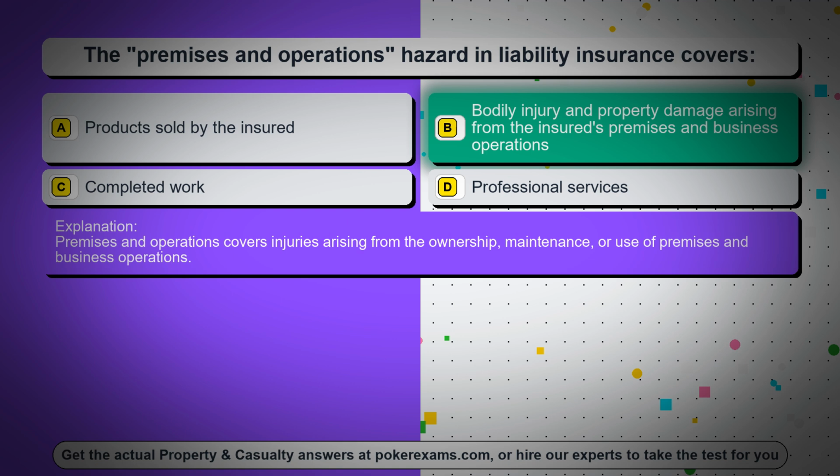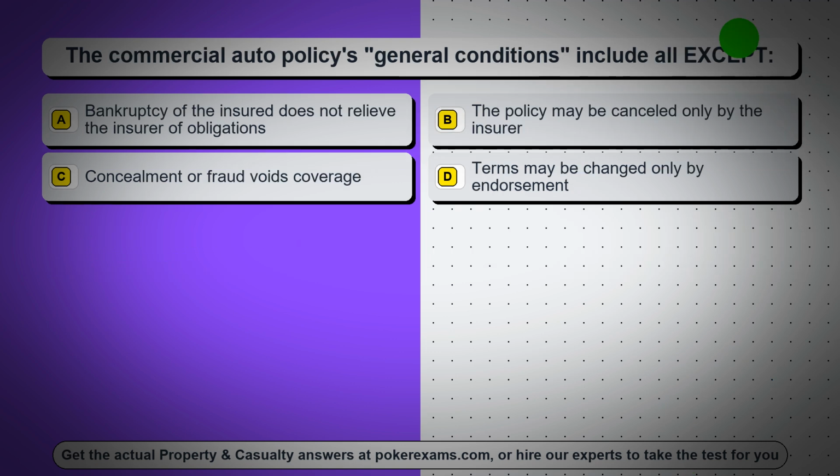Premises and operations covers injuries arising from the ownership, maintenance, or use of premises and business operations. Question 11. The commercial auto policy's general conditions include all except: Option A, bankruptcy of the insured does not relieve